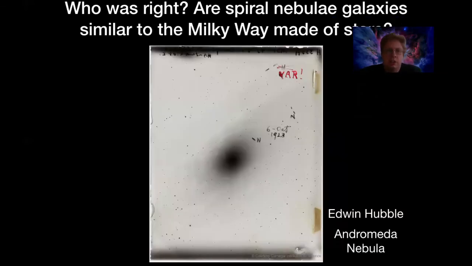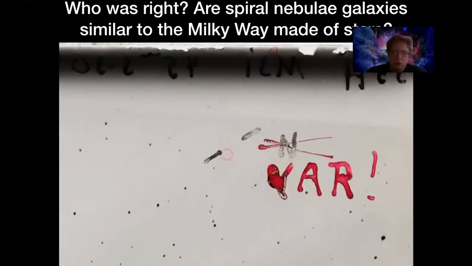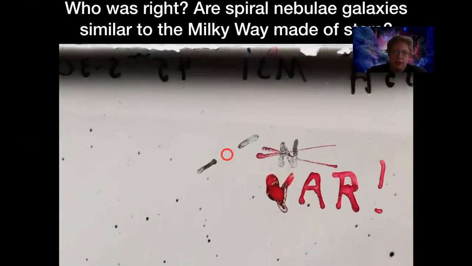And finally, who was right about whether the spiral nebulae are galaxies like the Milky Way or not? And the answer came pretty quickly after the debate. So using observations from a telescope in California, Edwin Hubble took images of the Andromeda Nebula. And what he found in the outskirts of this nebula was one star here that seemed to change in brightness repeatedly and consistently. And he got very excited about this and famously wrote on this photographic plate that he took, "var," for